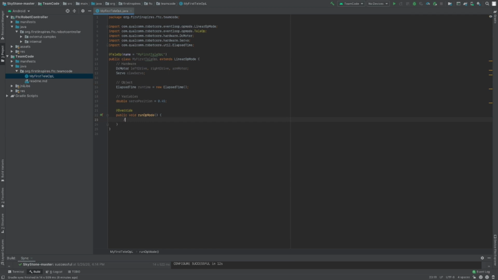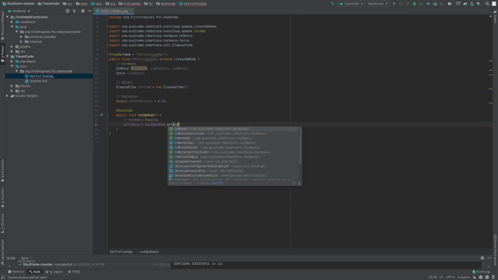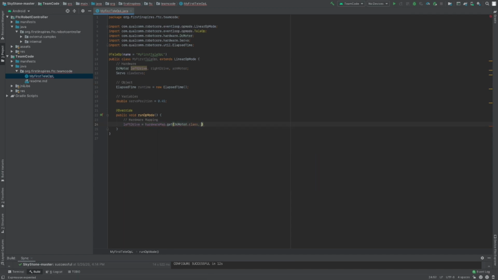So first we're going to do something called hardware mapping. What that means is we're going to basically connect the code to our robot's hardware. So let's just do our first one. We're going to write left drive. So this is our motor. Its name is left drive, is equal to hardwareMap. We're going to write these parentheses, our hardwareMap.get DcMotor.class, and give it the name that we're going to name it inside